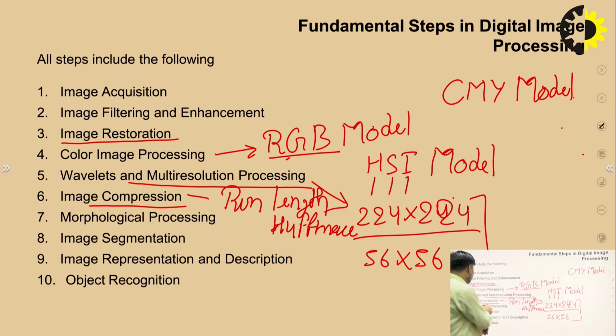Then morphological processing. In morphological processing, we talk about translation, reflection, dilation, and erosion. Dilation and erosion are the basic concepts of morphological image processing, and most of the concepts of morphological image processing are applied on binary images, basically 0 and 1. And here in morphological processing we also learn the concept of hit-or-miss transformation, that is very important for the